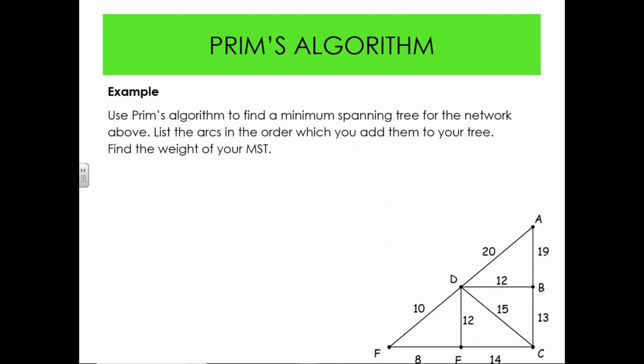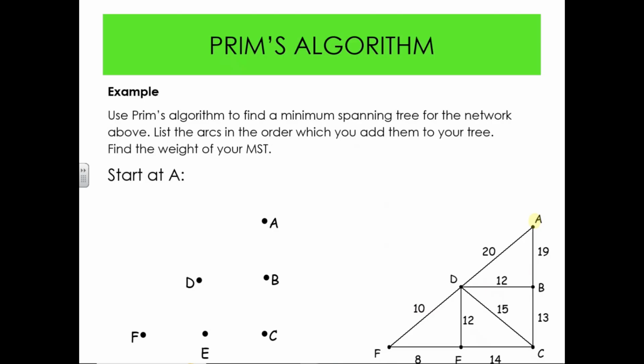We're doing it on the same network as before. We will get the same answer. We'll get the same minimum spanning tree, just a different way. So for Prim's algorithm, you will usually be told where to start, though not in this one. Okay, so we're going to start at point A, but it'll usually tell you in the question where you're going to start. And what you do is you look at point A,